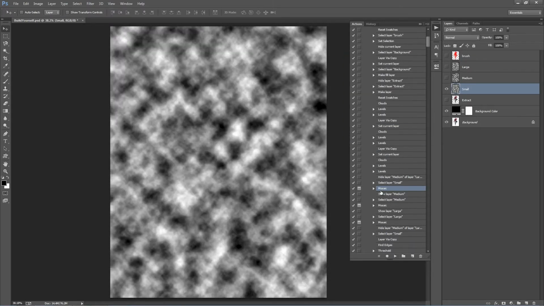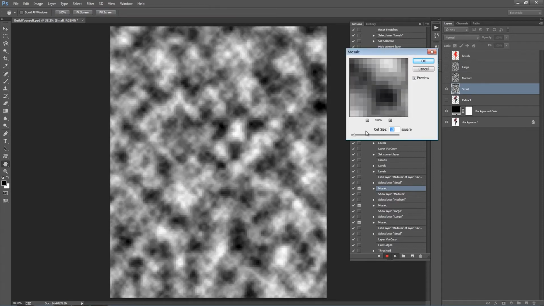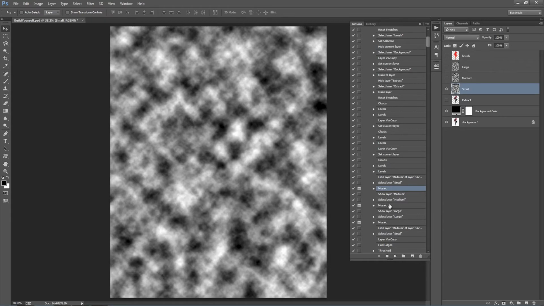Okay, so that's a little hint to have control over those. And after you've clicked OK on that step, when it pops up, it's going to continue down to the next one, then the next one, and then it's going to play to the end. Alright, so that's it. That's how you use the